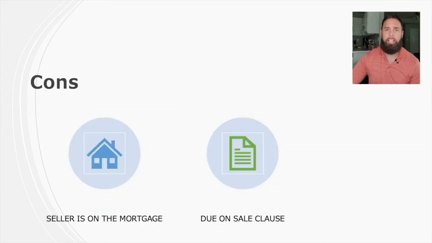Now the cons is that there's 2 cons that I usually talk about. And the one is that the seller is still on the mortgage. Okay. So they're still on the mortgage. It's still on their credit report, and we disclose that up front as part of our statement of understanding, part of our 6 documents that we have all of our sellers look over and sign and get notarized. So they're still on the mortgage. It still counts against their debt to income ratio.